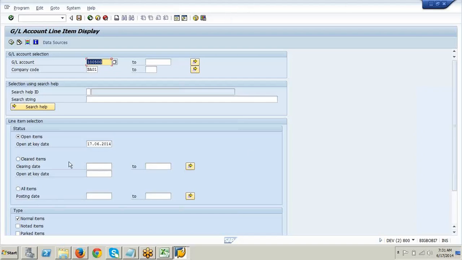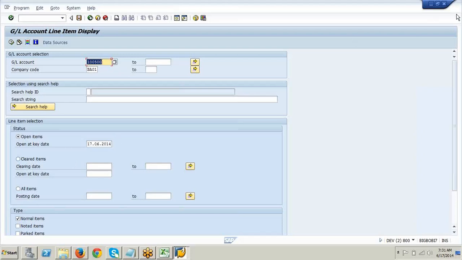No, but actually in the previous case you said the cleared item will come only when you make the full payment, right? So Jacob has a different version. So let's take the version of Bharti also. Bharti says that in open item you will still have 25,000, reduce 20,000, balance will be 5,000, as per the partial.